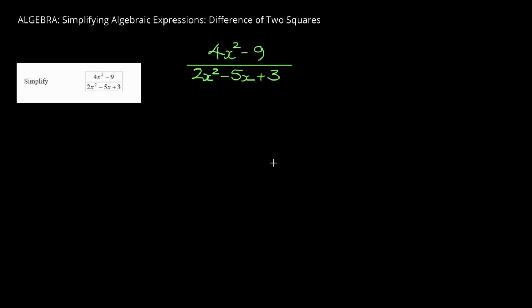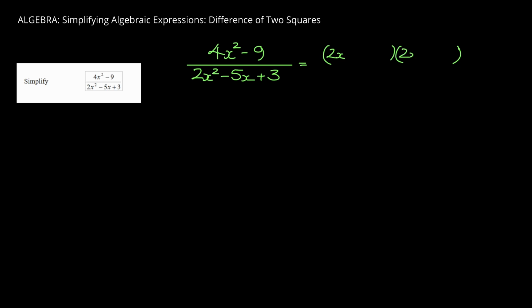If I was given £1 for every time the difference of two squares turns up in a GCSE exam paper, I would be a rich man. And this question is one of those examples. 4x squared is a square, 9 is a square, and we have the difference between those two squares. So this will split into two brackets, where each of the bracket terms will be the square roots,